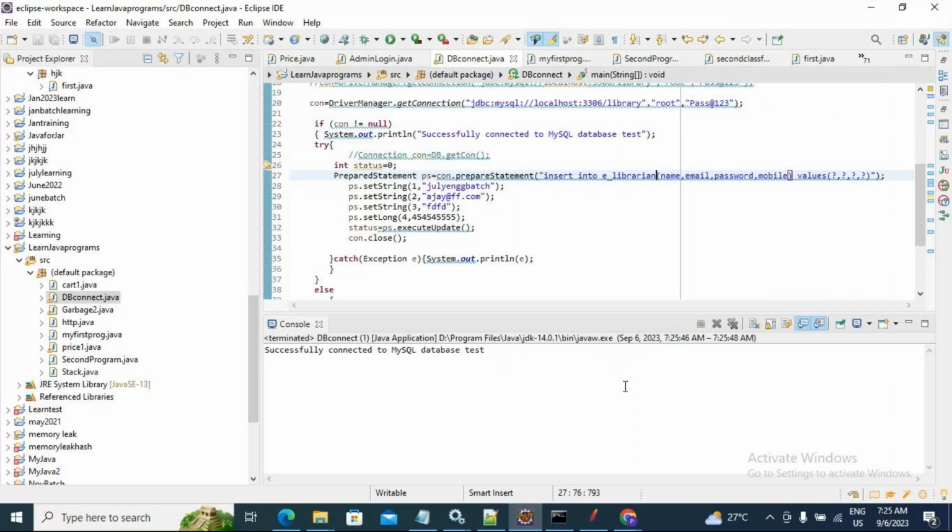Okay. Now there's no error. It connected to the MySQL and it would have inserted the data as well. Okay. So one more thing is be ready to face all these problems when you go to install Java 8